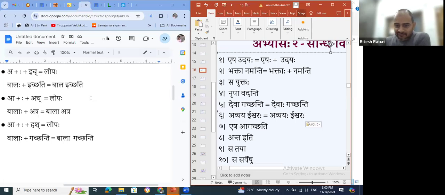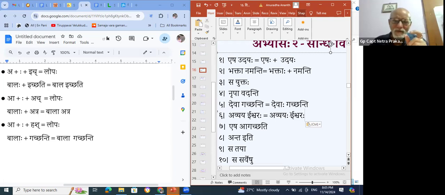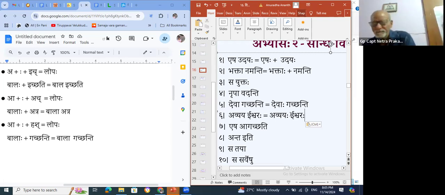Avyayaha Ishvara. So what is the meaning? Ishvaraha Avyayaha. Ishvaraha doesn't change. He has all the big qualities of God. One of the qualities is Avyaya. What is the meaning of Avyaya, ma'am? Not changing, to be constant. Everything in this world is changing except him.